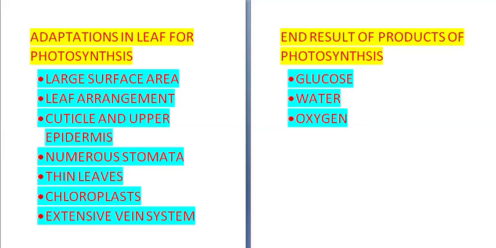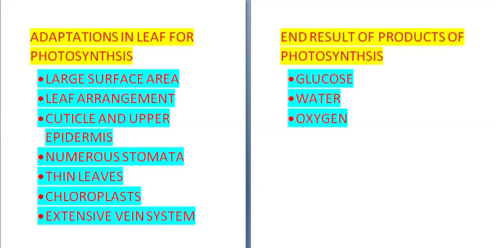See, food is manufactured in the leaf, but it is required by all the parts of the plant. And glucose is formed in the leaf very rapidly during photosynthesis, but it cannot be transported to the other parts at the same speed. So it is converted into insoluble starch for temporary storage in the leaf. At night, starch is converted back into glucose, which is then transported down through the phloem of the plant to other parts of the plant. This is called translocation.